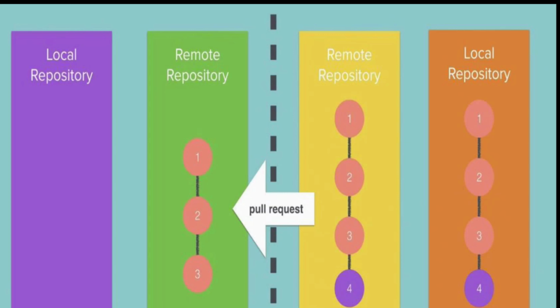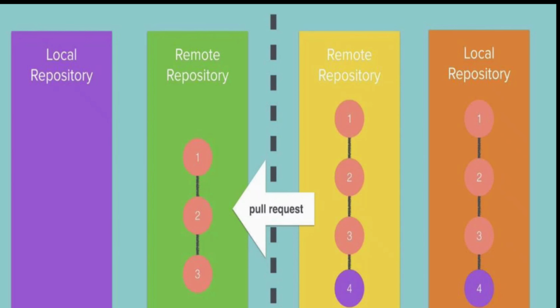And to do such contributions, first we will have to fork. There's something known as fork. So we have to fork the repository. Forking is nothing but just cloning, but in this case, the repository gets a copy of the repository to your account on your GitHub platform. So as you can see on the screen,